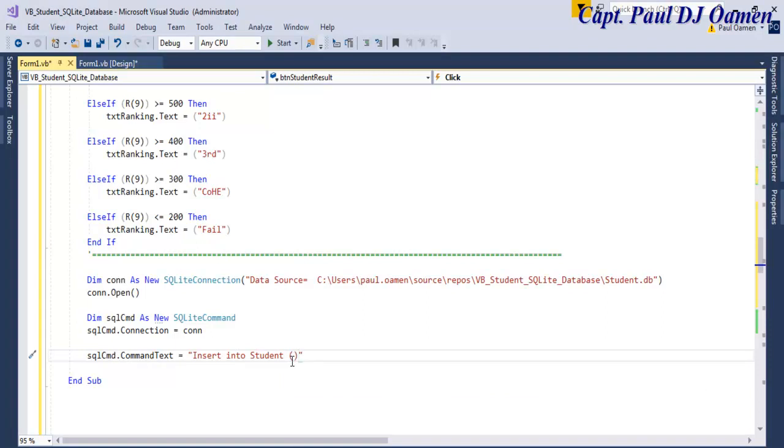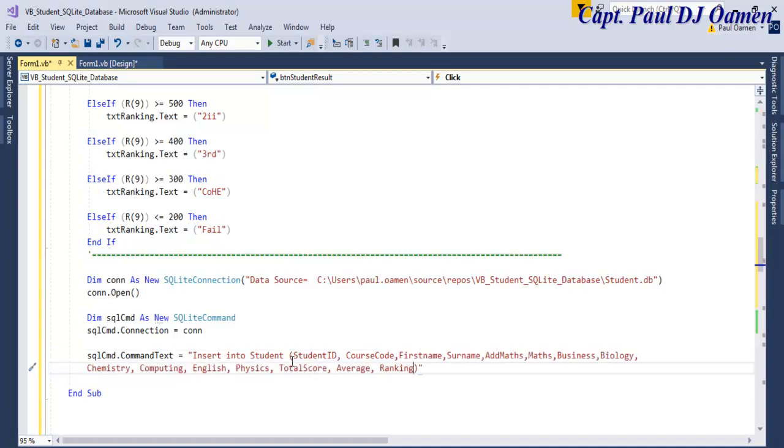So the first field is going to be student ID, and let's enter a comma there, then followed by course code. And the other fields. There we go. Now what I want to do here is I'm going to come right here. Let's say we have the following values, and those values should be inside